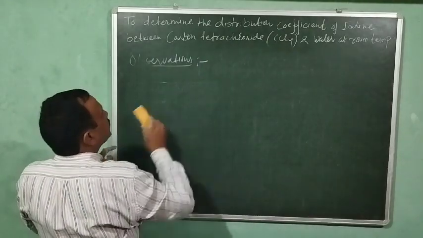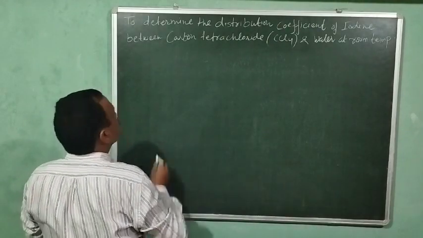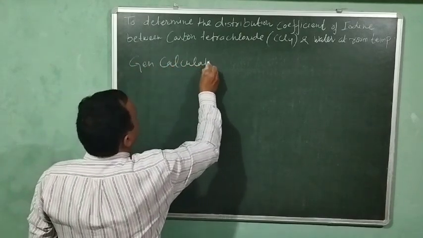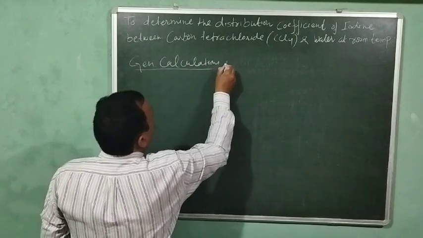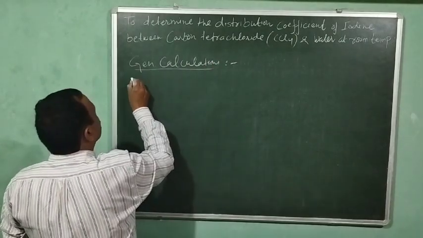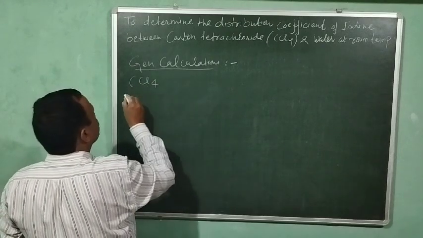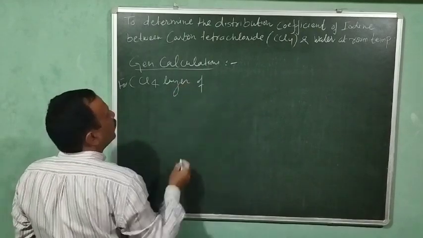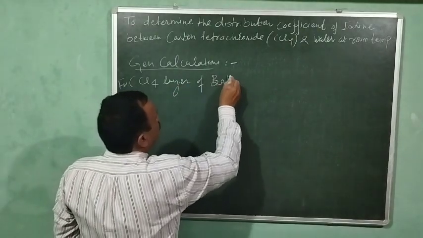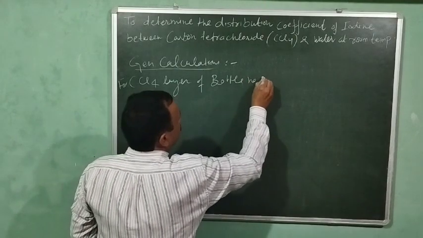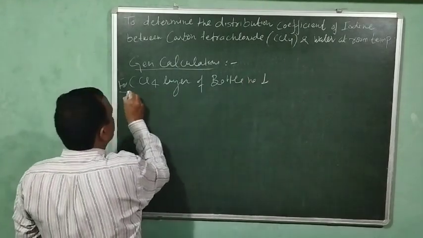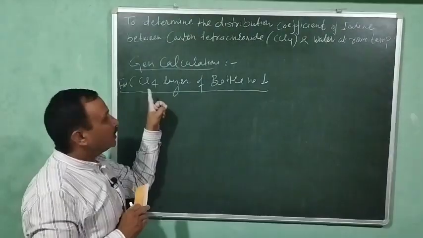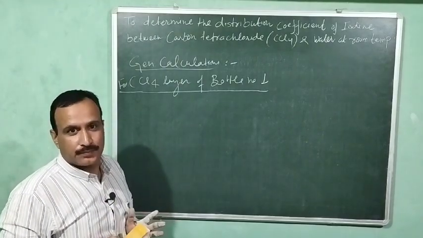So here general calculations for CCl4 layer, for CCl4 layer of bottle number 1. ठीक है, तो पहले जो हम कर रहे हैं कैलकुलेशंस वो बॉटल नंबर 1 की CCl4 लेयर के लिए कर रहे हैं,